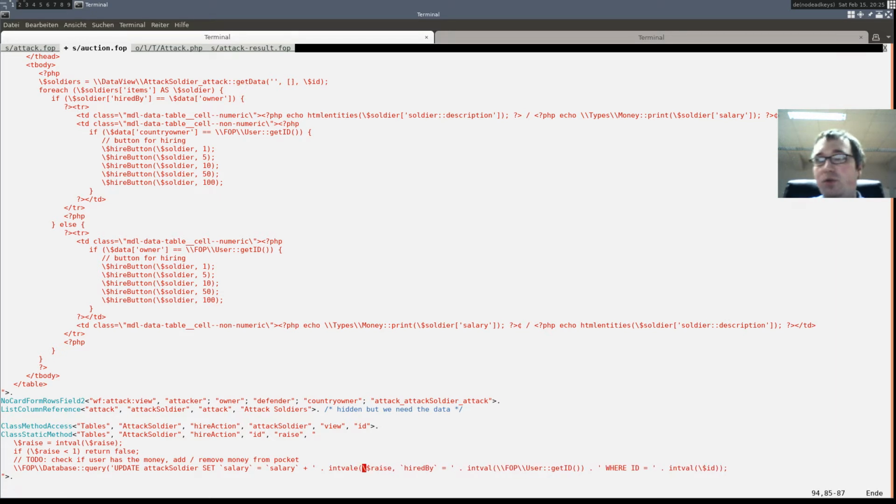We could leave out intval, but we better insert it in case someone removes this check. It would immediately insert a security flaw if we don't do this additional intval for safety.